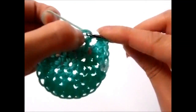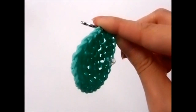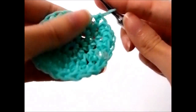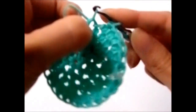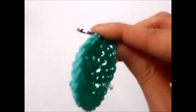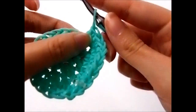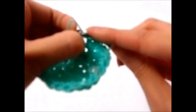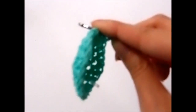So 1, 2, 3, and an increase in this stitch. So 2 stitches in this one. First stitch, go back in, second stitch. Next 3 stitches, single crochets, 1,